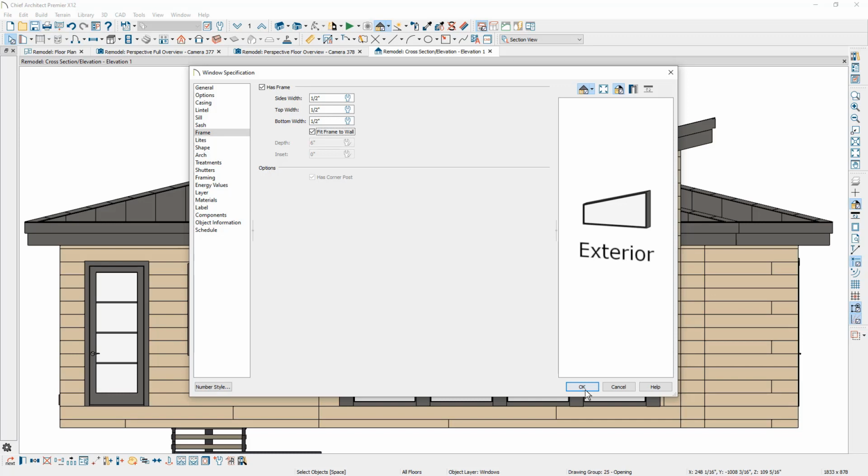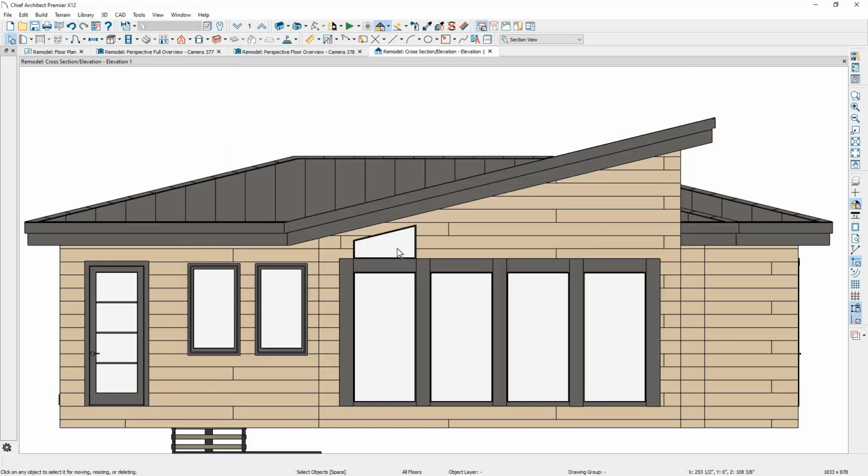of the windows. I'm going to take that window and I'm going to use the same multiple copy. Our interval is already set at 51 1/4. Let's go ahead and use the multiple copy. We'll pull 3 more copies of that window over.